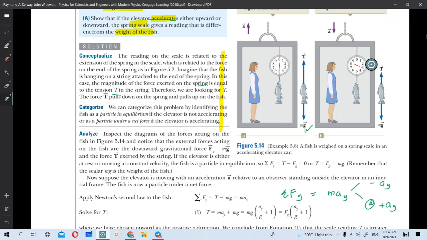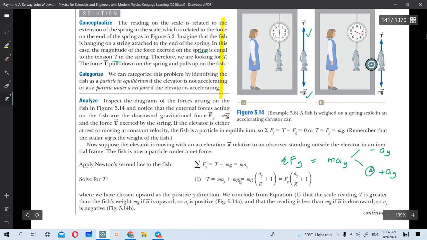So drawing becomes another force upwards resembling the tension. Now, notice the acceleration vector is drawn here to indicate the common sense of the system, accelerating in which direction. Alright, in the case that it's accelerating upwards,